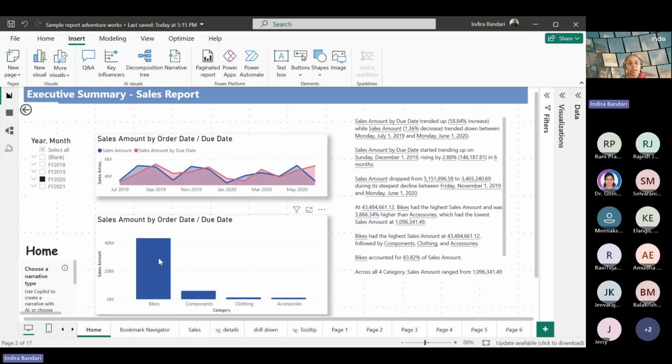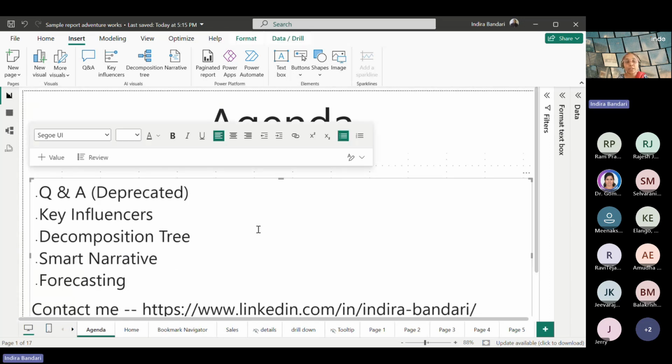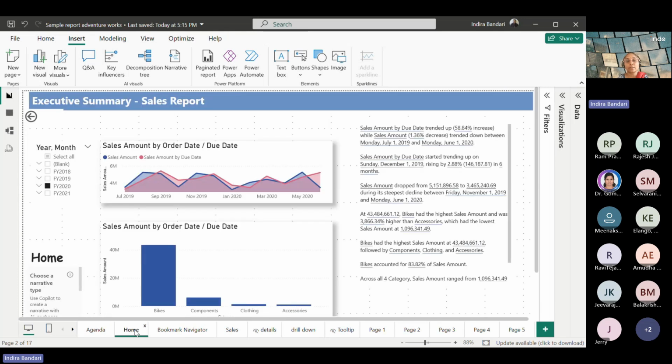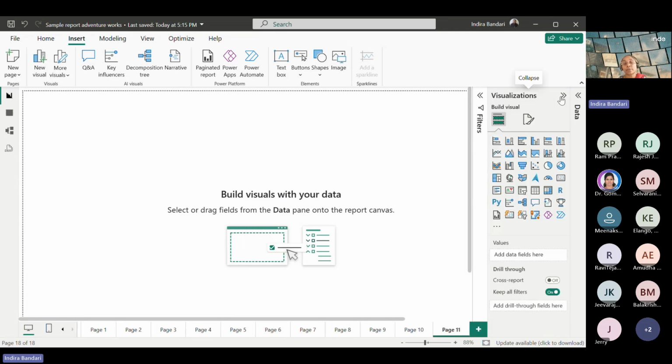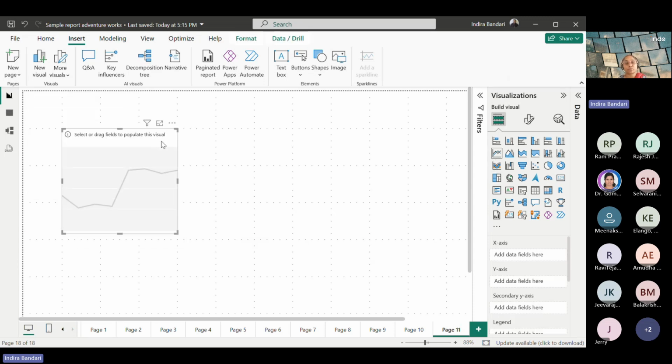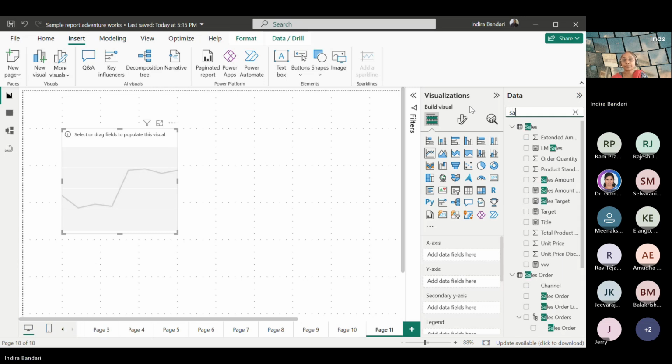Okay, so now I'll just cover one more thing. Where is my agenda? Okay, I'll cover forecasting. So here, usually in terms of forecasting, what you can do is I'll just go back into a new page. Usually your line chart is used for time. What is the trend over time? So because I have year data here, what I'll do is I'll add sales amount to this one,